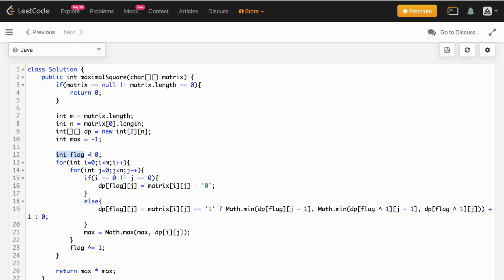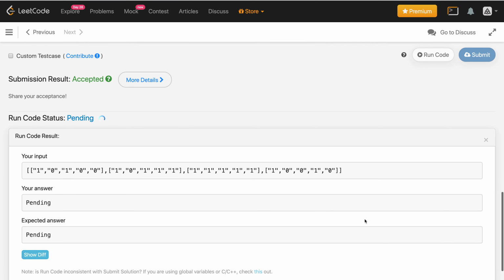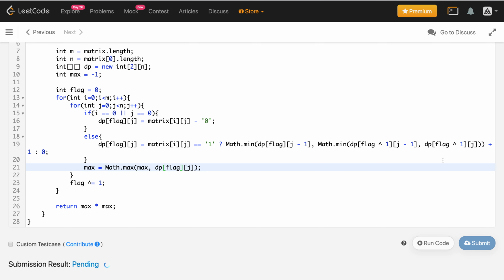The value of flag is 0. We are filling dp[flag][j]. This is dp[flag][j-1], dp[flag XOR 1], dp[flag XOR 1] over here as well. Over here this is also flag. Let me run this code again. It's giving the correct result. Let me submit the solution.